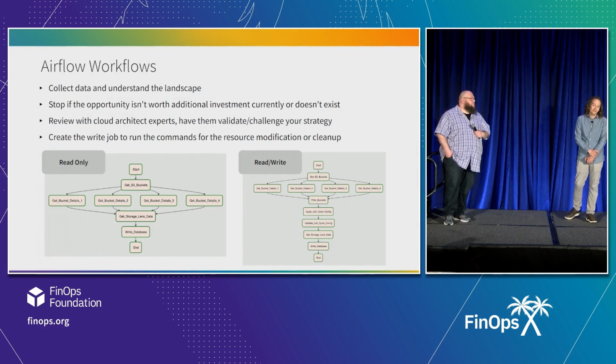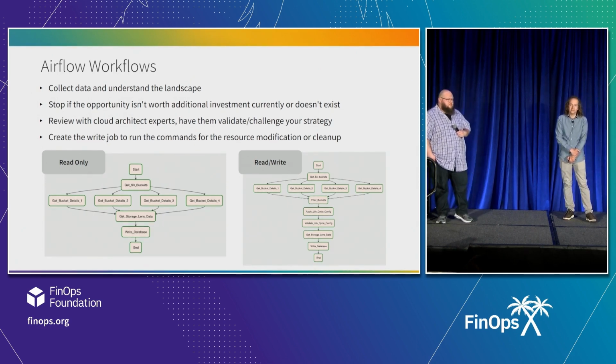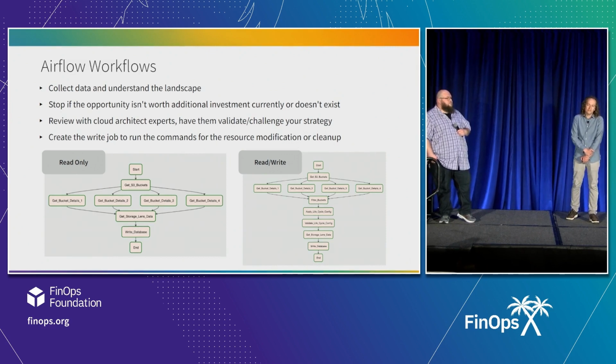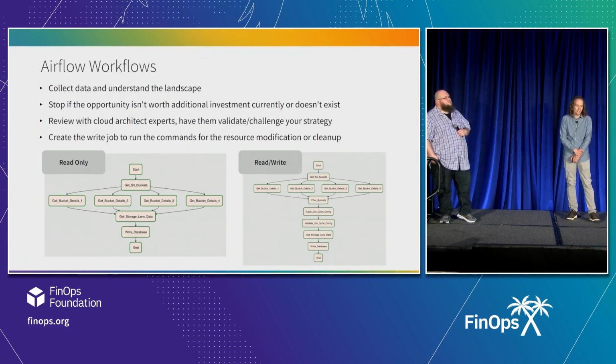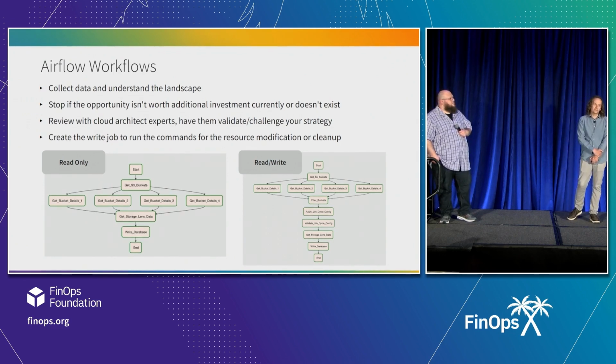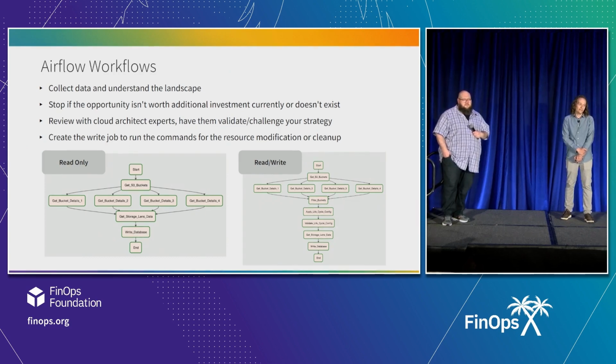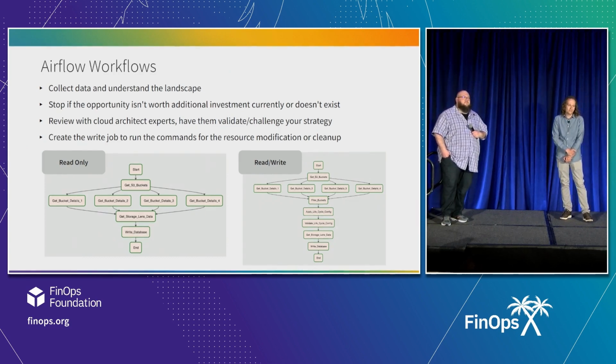The first is the data says that we're using the resources efficiently, and there isn't a particular opportunity there. So typically we'll collect the data and just stop the automation at that point. We've got the automation to collect it, but it's not worth our time right now. The second one, generally the most common one we see today, is there is an opportunity, but it's constrained to 1 or 2 teams. We could automate that solution away for the entire company, but really our time's better served going out and talking with those teams individually and seeing what we can do at that level rather than trying to automate it for everyone.